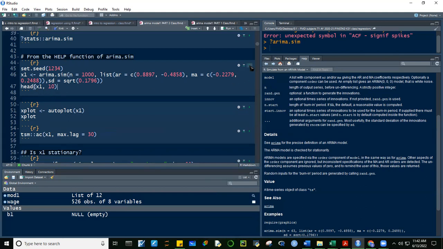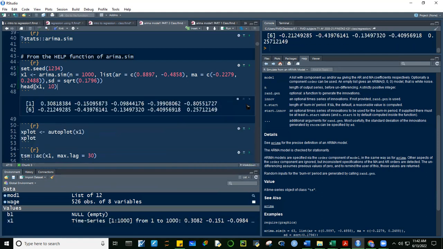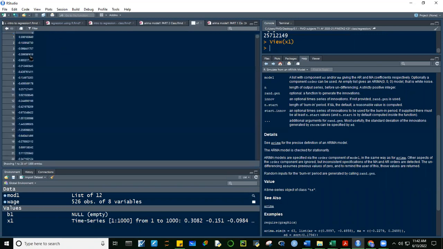So let's run this. And we should have the same figures. Okay, guys? Pareho ba? Pakichat guys kung pareho yung data natin. I-view nga natin si X1, view, X1. Okay, so ito yung na-generate natin na time series. 1,000 observations. And we should have the same values because, guys, di ba, nag-set.seed tayo.